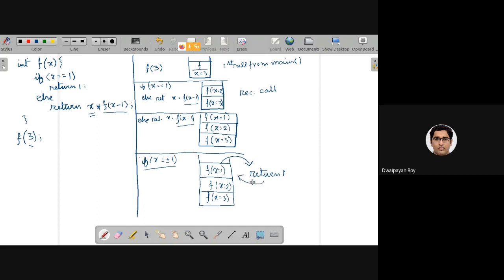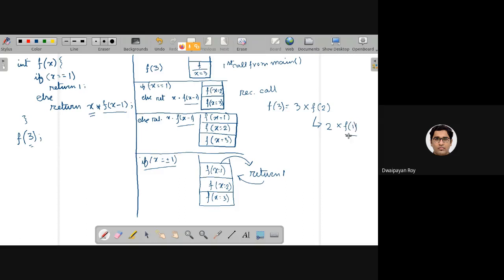And what was the calling place? What was the calling place when we called this function with f of 2, right? If I draw this calling tree here, f of 3 was 3 into f of 2, and this f of 2 was 2 into f of 1.